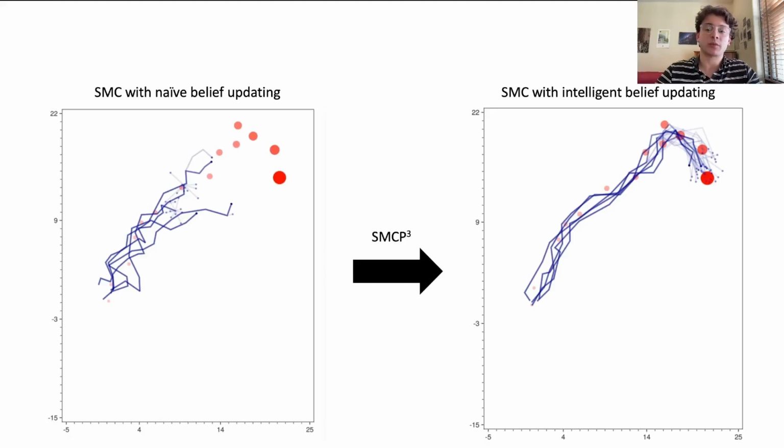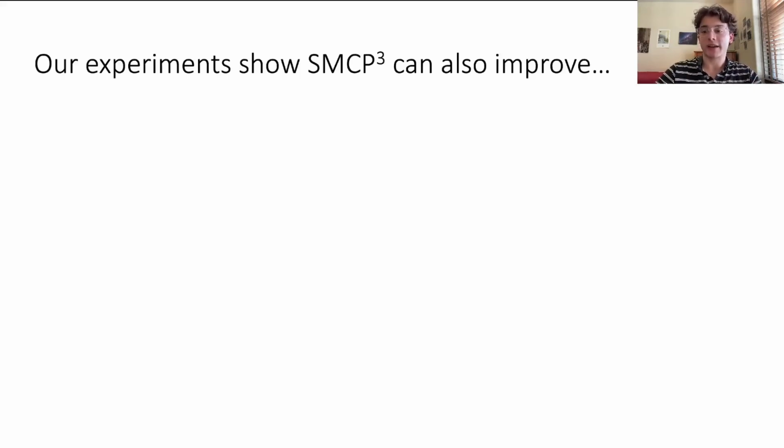SMCP3 makes it possible to use a wide new range of intelligent belief updating strategies in Sequential Monte Carlo, making it possible to solve this inference problem and many others. SMCP3 also makes SMC easier to implement, since the complex calculations underlying its implementation can be automated by a probabilistic programming system. Now, later I'll return and show quantitative results for this experiment, and I'll also highlight other examples in